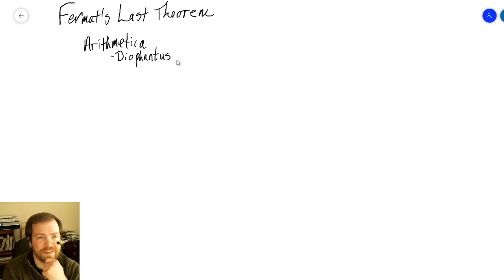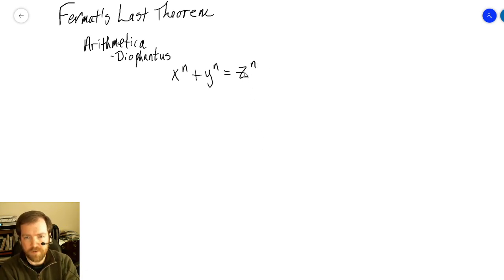And the idea that he came across was one of what are called Diophantine equations. Diophantine equations have a similar structure to them, though they can be all sorts of different structures. They can have fractions, or some of them are similar to this, like 1 over x to the n plus 1 over y to the n plus 1 over z to the n. But the idea was Diophantus came up with a bunch of different equations that look sort of similar to this. The one that Fermat really zoomed in on was x to the n plus y to the n equals z to the n. And he claimed, in the tiny little margin of the book that he was reading,